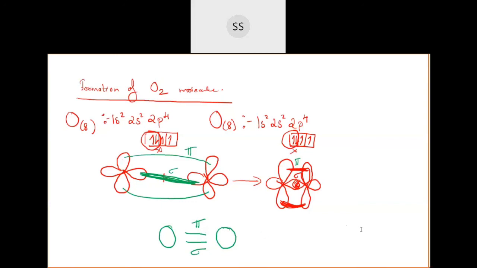Yes, both can take place together also. Pi bond and sigma bond can happen together. It depends on how the orbitals are oriented. Here we can see one orbital, oriented on the axis, so they can combine together. One way of fusion is this. Another way of fusing is in this way. If they fuse where they are perpendicular, then it leads to formation of pi bond. Did you follow? Formation of oxygen molecule.